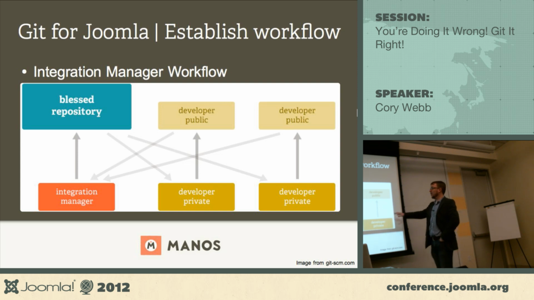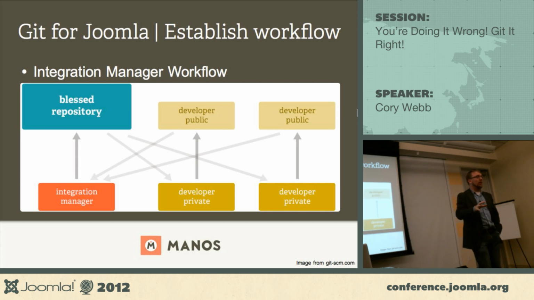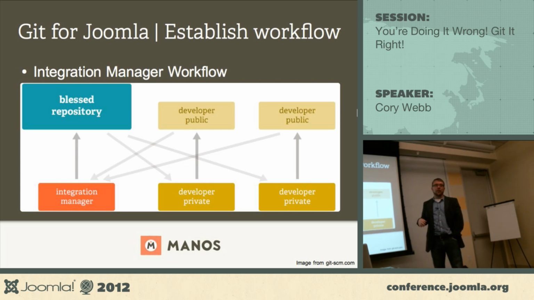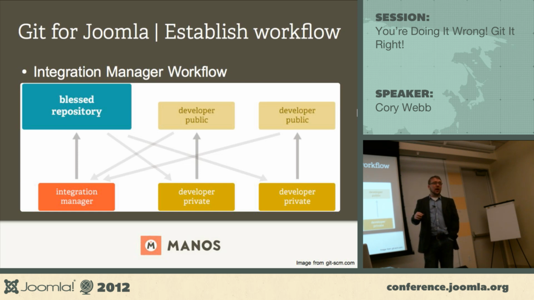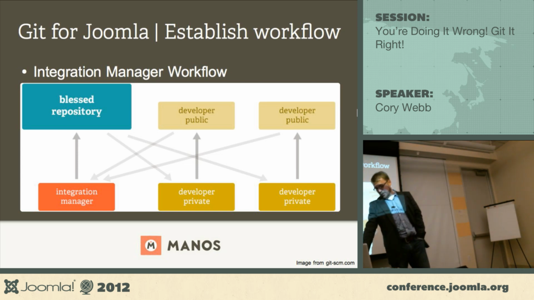So typically what you have, so this developer public, if you sign up for a GitHub account, for example, you're going to have your own public repos on GitHub. So if you fork Joomla on GitHub, you're going to have your public repo of Joomla, and then you'll pull that down and work on it privately and then push it up to your own public and say, hey, Joomla, can you pull this in? So for a larger project, if you've got a number of developers, this might make a lot more sense where you've got one guy or two guys that are the managers of the whole flow. For smaller projects, if you're working in a smaller team, we like the other style better, where everybody has access to push to the master repository.